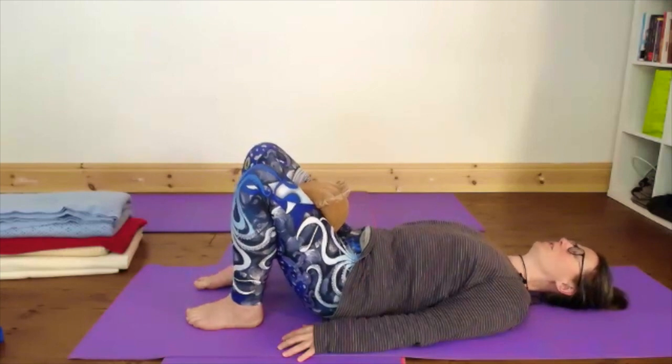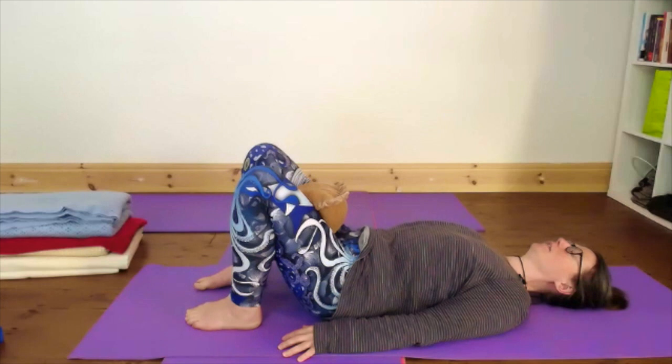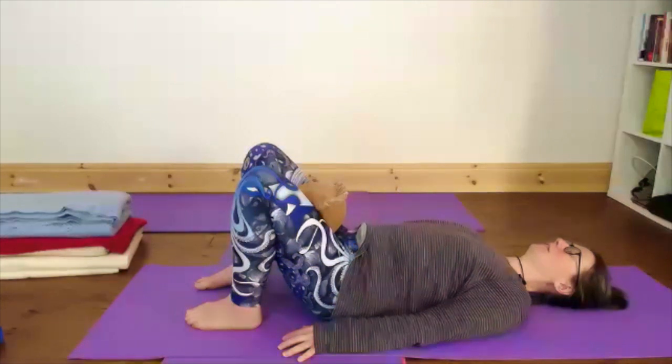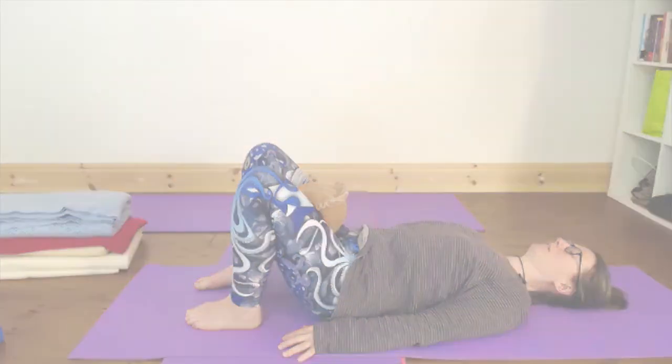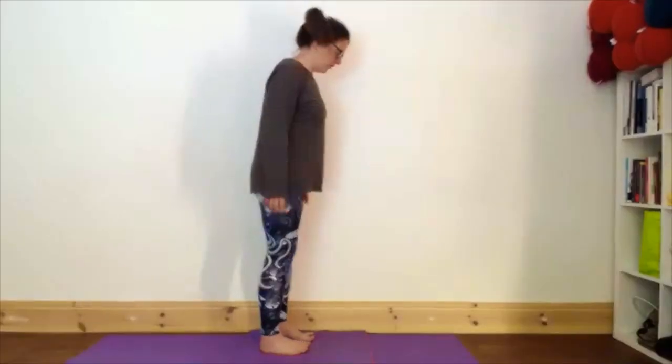And once you've done 3, take a couple of resting breaths. Allow your breath to just move freely. So let's do a few hip poses that we can do standing up. If you step your left foot forwards, so you're just on the ball of your left foot, and then take